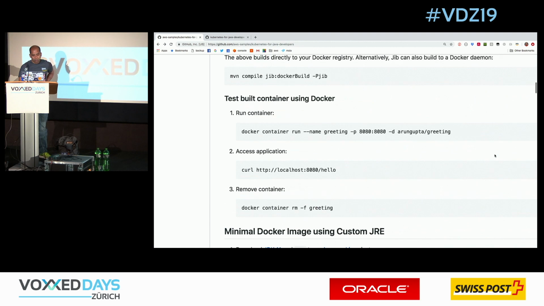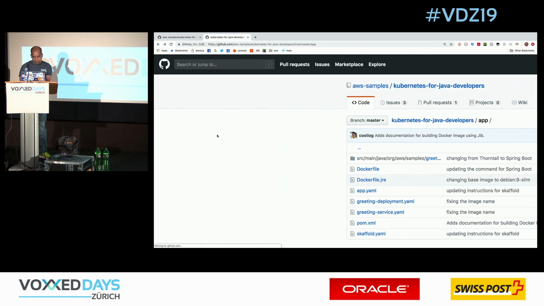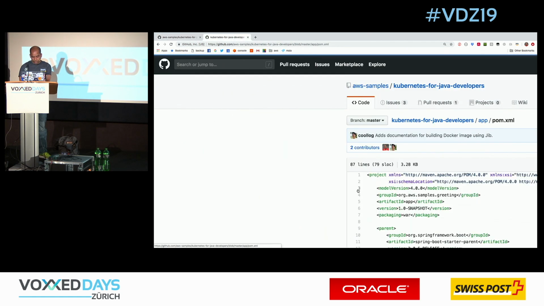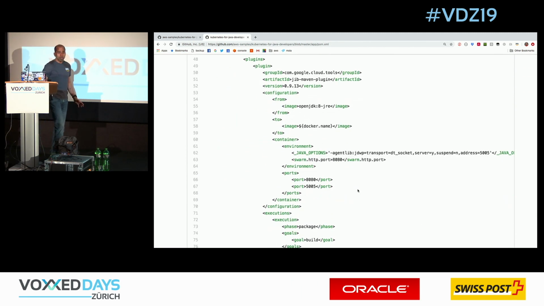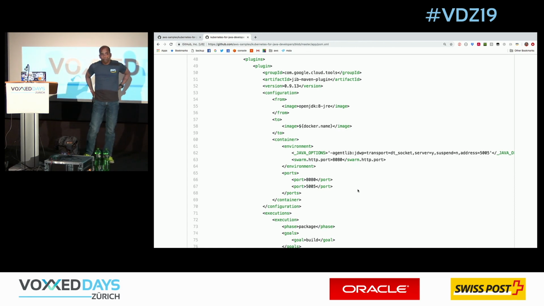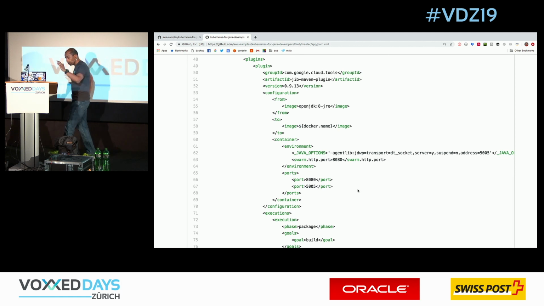Now, one of the tools that I also want to talk about is Jib. So let's take a look at it. Let's go back to our POM XML for a second here. Now, Jib is a tool. It's a Maven plugin, essentially. It's a tool by the Google Container Tools team. And I really like it because it's a first-class experience that provides you in Maven. There are a lot of other Docker Maven plugins from a lot of other folks like Spotify and Red Hat and Fabric8 and a bunch of other teams. But this has got a good amount of traction in the developer community.